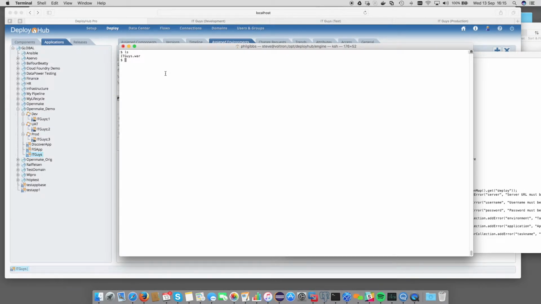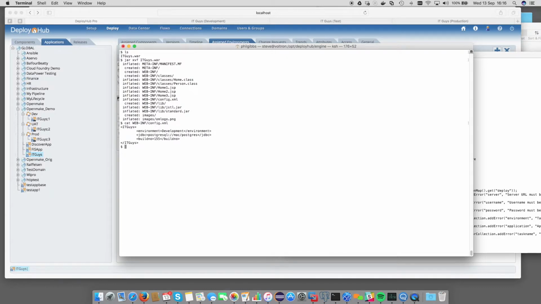That's the WAR file in question. So let's extract what we've got there. So I'll just do itguys.war. So that's what our application looks like, and you can see we've got a config file, config.xml, and if I have a look at what's in there, you can see that we've got an XML-based configuration file with environment and build number in it, but more significantly we have our JDBC connection string, and that is what's connecting it to the database, and that is our development